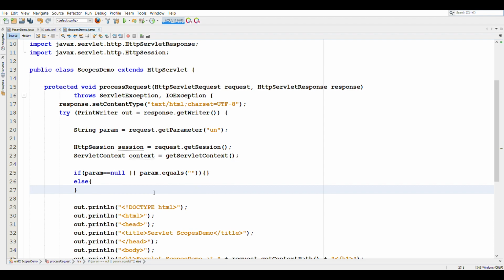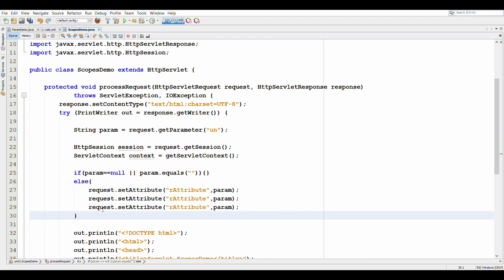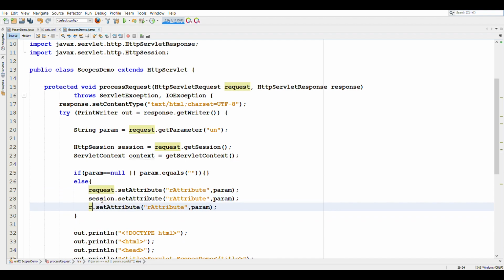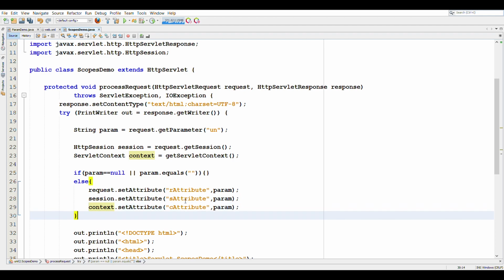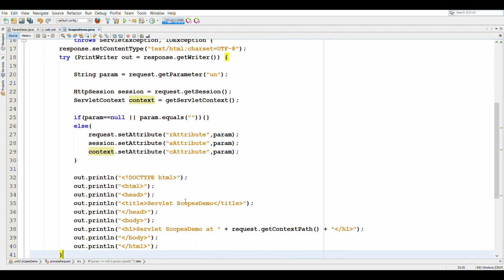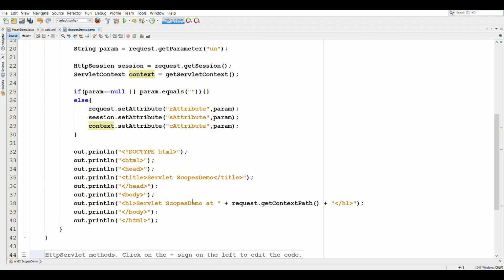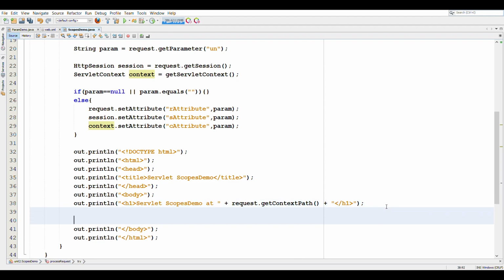Similarly, we will create an attribute in the session and an attribute in the context, and we'll call these attributes sAttribute and cAttribute respectively. We are setting the same value, the value of param. Now, to view the values that we have set in the output, we will use the getAttribute method. So in the body, here we will use the out.print method.